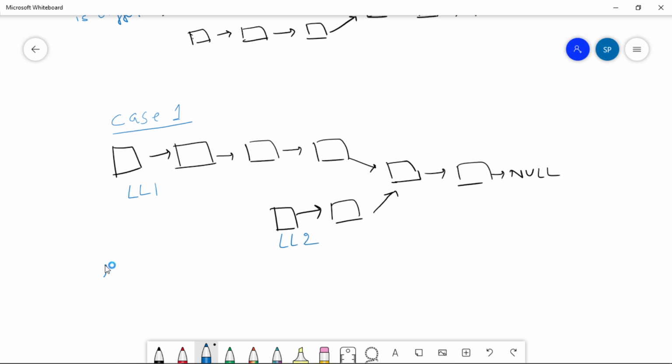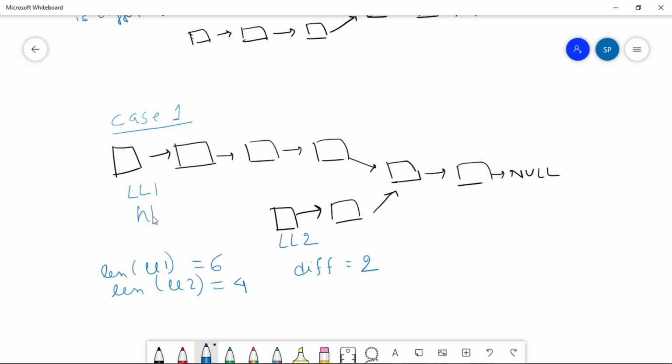The length of the first linked list is 6, and the length of the second linked list is 4. So the difference is 2. At first, we'll move forward the head of the first linked list by the difference steps. Here the difference is 2, so we'll move our head pointer by 2 steps.